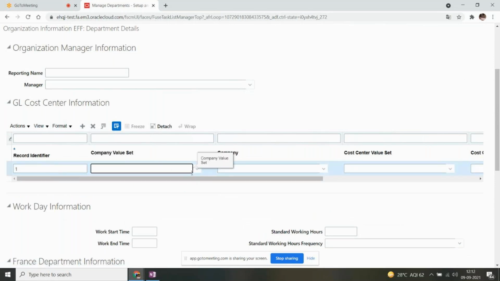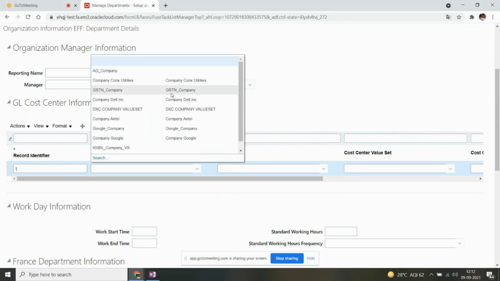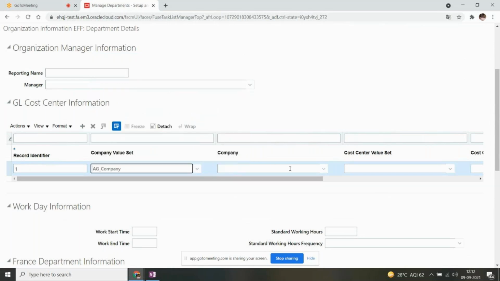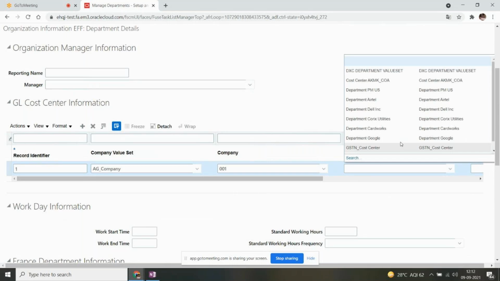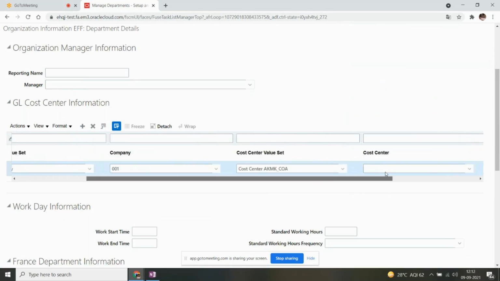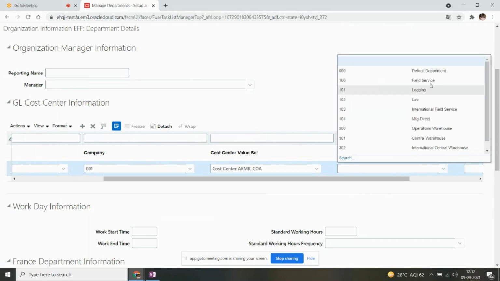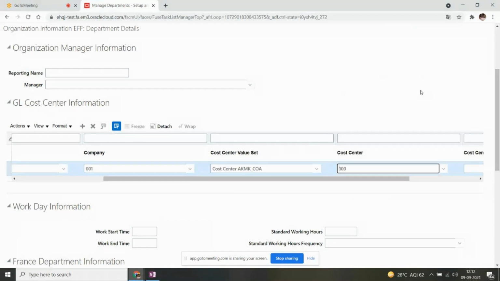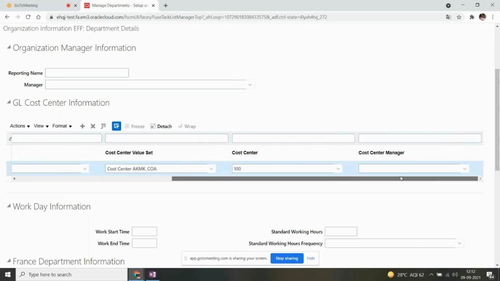Let me pick the company value set, AG company, and the value we're assigning to this department. So this department belongs to so and so company. Again for cost center, let me pick the value set, and my cost center segment value is 100.